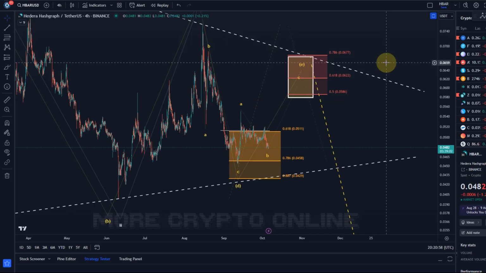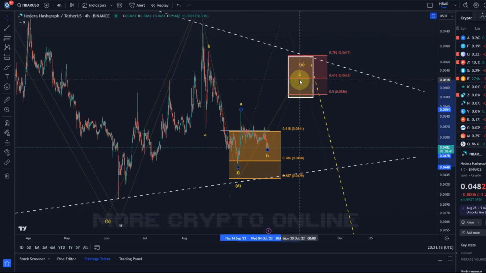So this is one I'm observing here for still ideally a C wave rally. I don't want to suggest this necessarily is an E wave triangle, because it would just stay in the current range. It wouldn't really move higher. If this is a triangle, we should see lower highs and higher lows for a little while before we eventually break down. If we see a small impulse, then it could indicate that the C wave has started and could take us into that region between 5.8 cents and 6.77 cents.